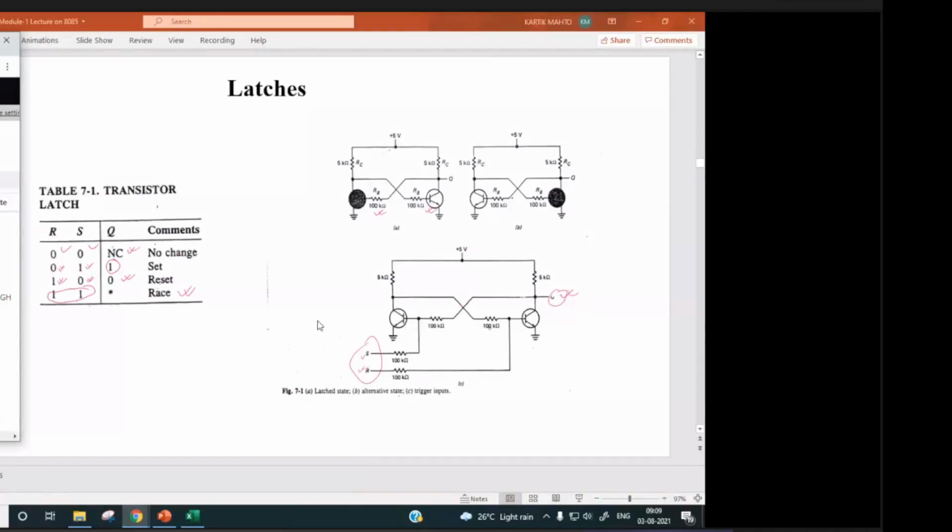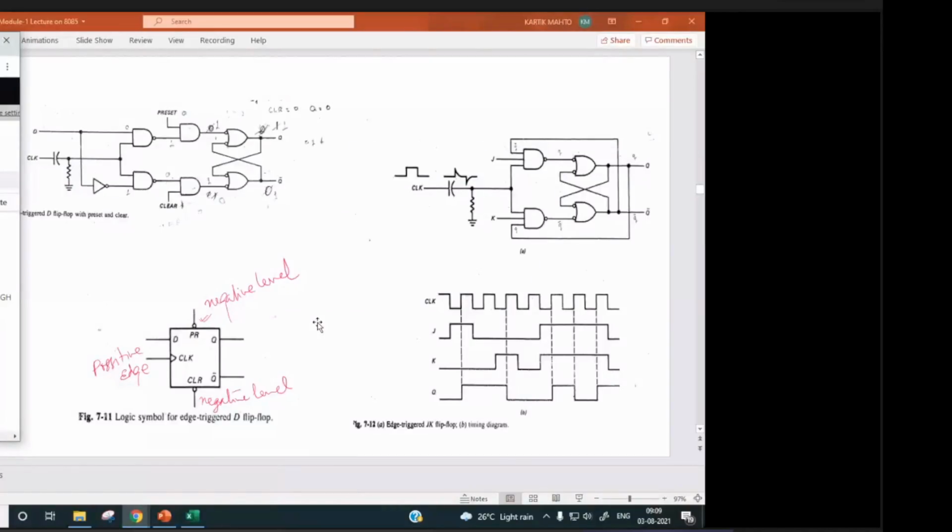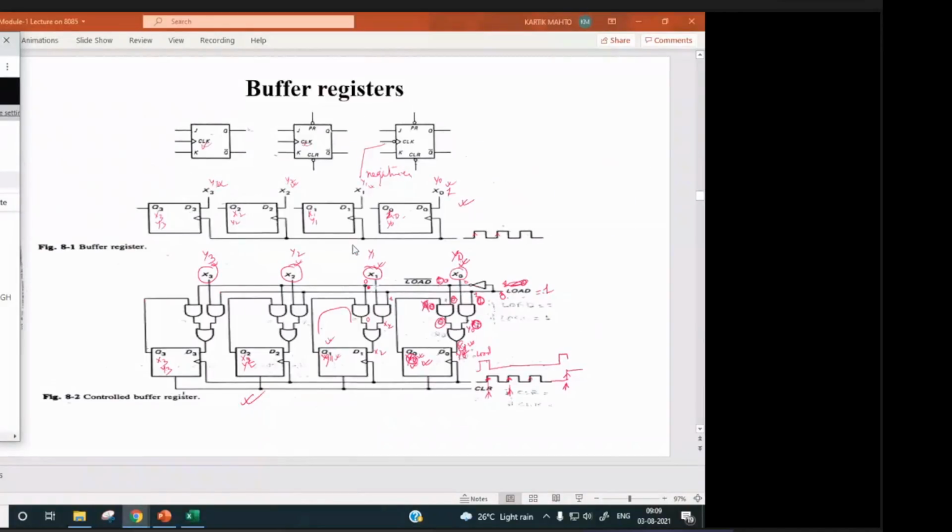We discussed the flip-flop circuits, and how flip-flop circuits are actually used for storing a bit or 4 bits. Like here, you can see X0, X1, X2, X3 will be loaded the moment this positive edge clock strikes the flip-flops, right?